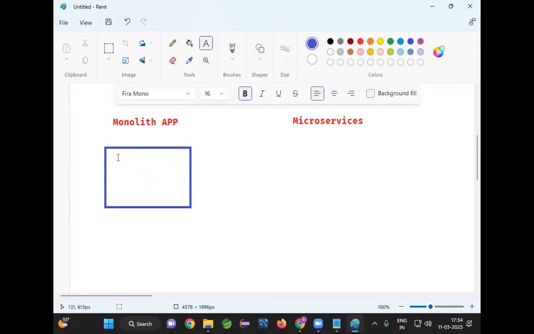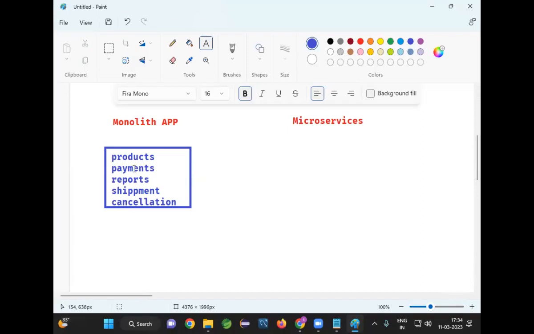What will be there in the e-commerce application? Products will be available. Transactions will be available. I mean, cash payment will be available. Payments will be available. Reports will be available. Shipment will be available. Cancellation will be available. Like that, n number of functionalities will be available in, let's take a Flipkart or